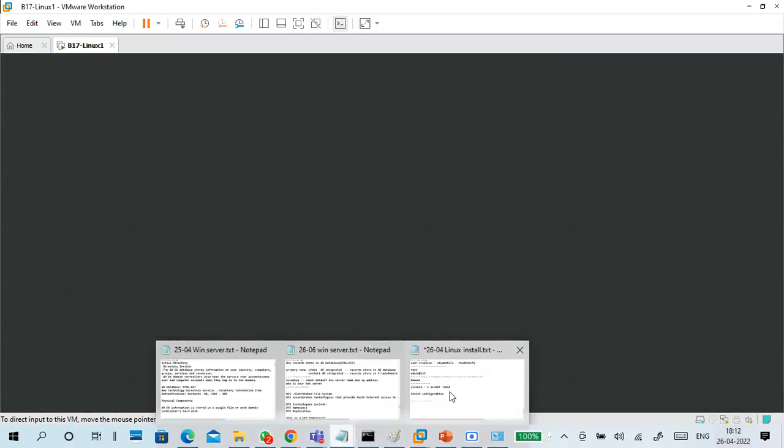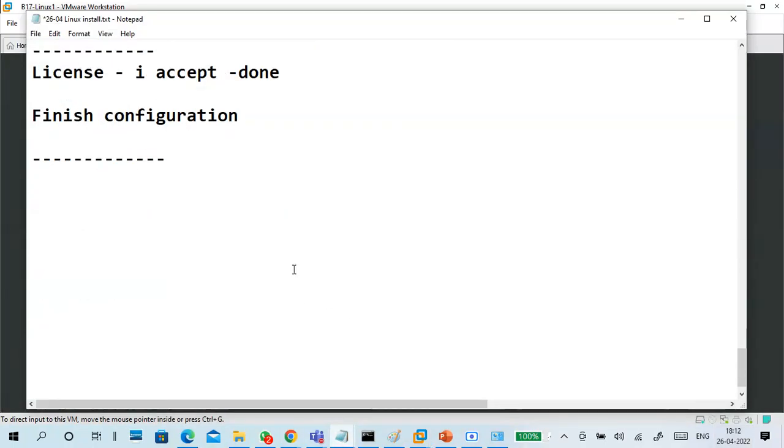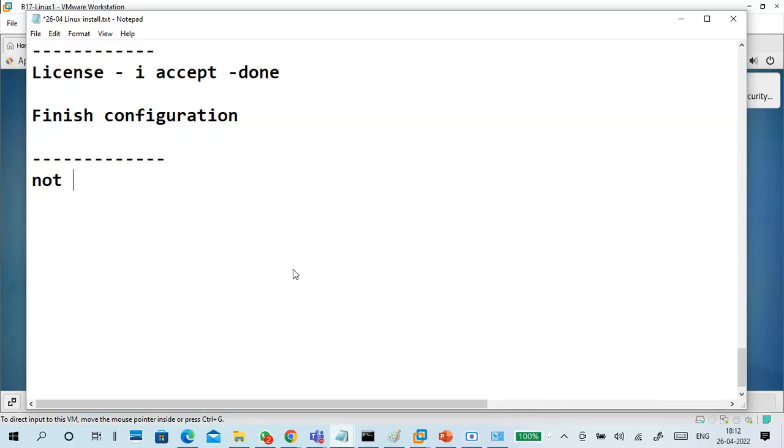For first time, guys, write down the username and password, the root password and whichever user you created and their password. Do not forget, better to write it down. Go to not listed, type root and password.